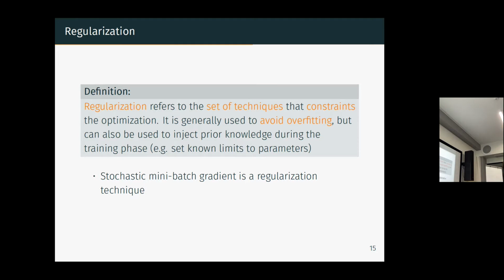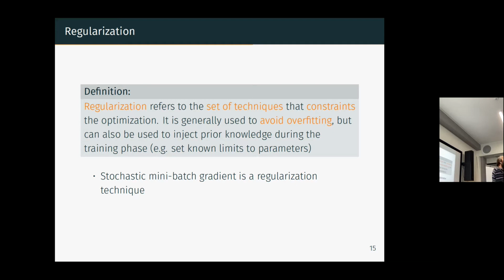You can see it in a completely different way. We've seen it as an efficiency gain, optimizing the computation cost, but you can see it as a way to add a bit of noise in the direction of the gradient. Here you see on my red curve, actually, I do the gradient descent technique with a bit of noise.